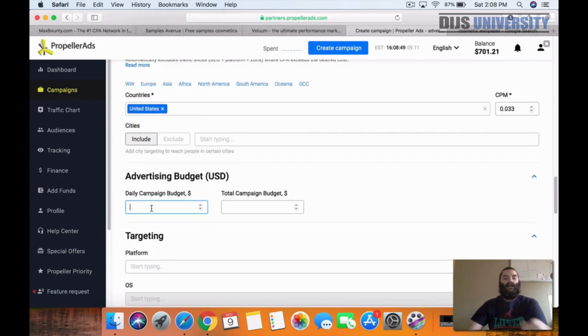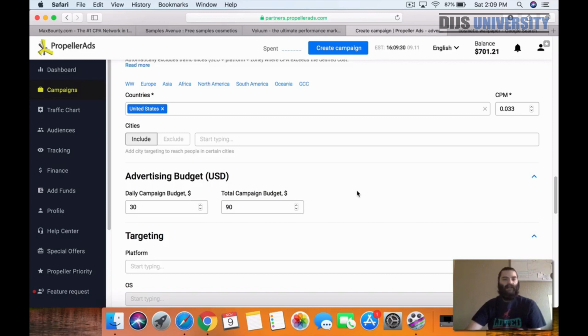Overall budget, typically what I like to do is $30 a day and $90 for the total campaign. That is basically 3 times the daily budget for 3 days. We do 30 because typically with push notification ads, it actually has to be a lot more, just because you're getting a lot more traffic for really cheap. So sometimes it turns out to be like 5 to 20 times what your actual sweepstake offer might be. For example, if it's only paying like $2,